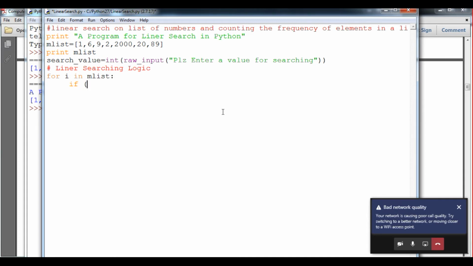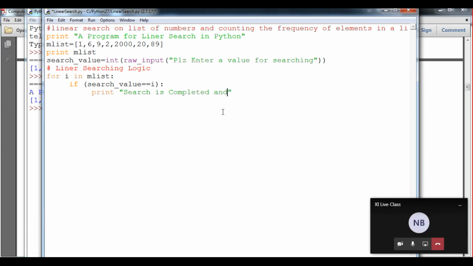Here I will say to the user, if the search value, whatever my value, is double equals to i, then print search is successful or completed, and search value found at the ith position, or found. Okay, and we can say break.